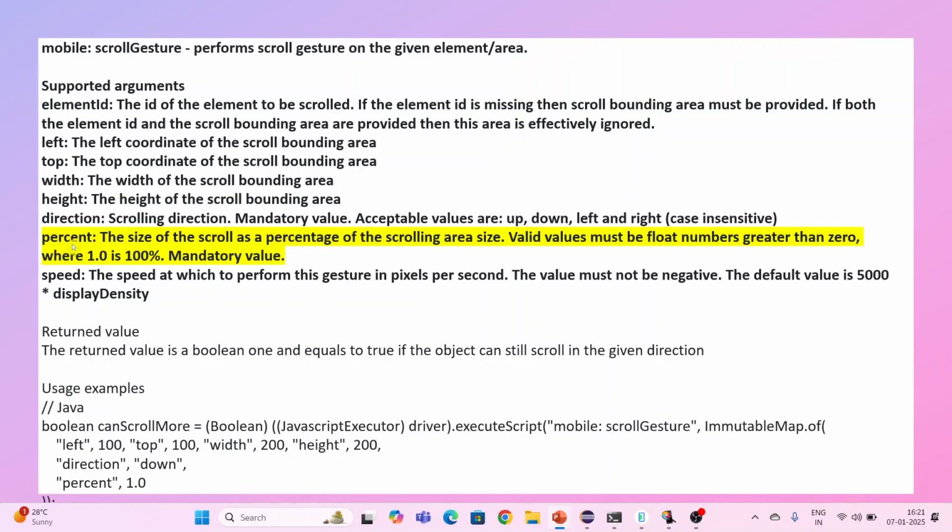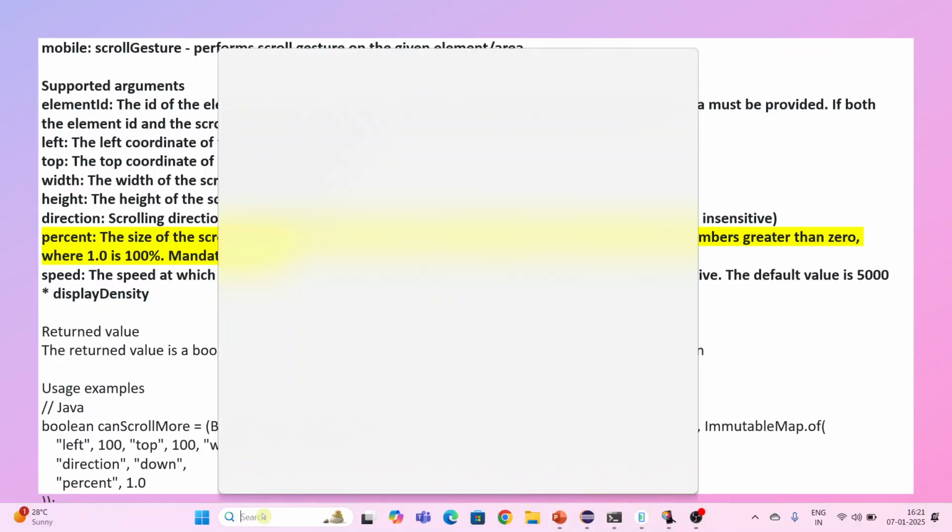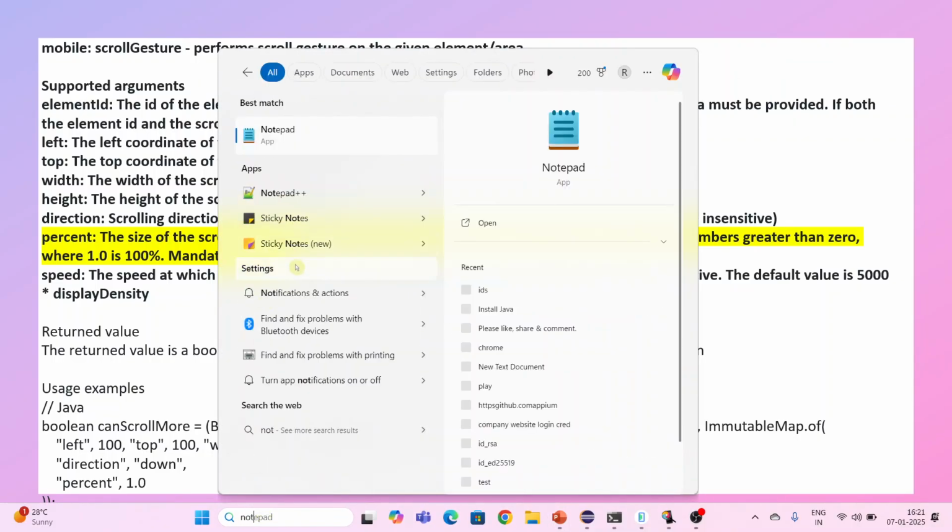So what is the percent argument all about here? The percent is nothing but the size of the scroll as a percent of the scrolling area size. Valid values must be float numbers greater than 0, where 1.0 is 100%, and it is a mandatory value here. So let's talk more about this one. If you open the notepad,